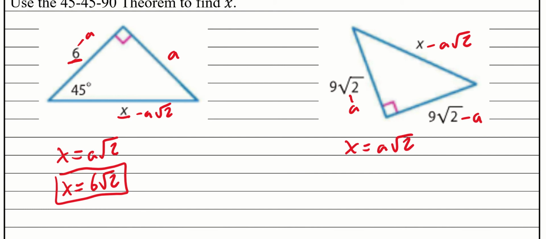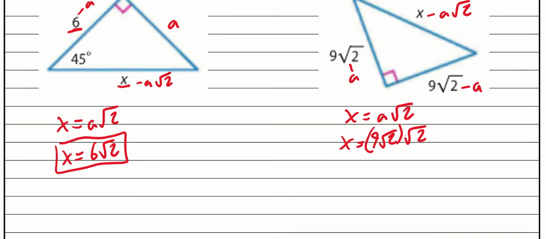And then if I want to plug that in here, remember we already said A is 9 square root of 2. So I'm going to plug this in, 9 square root of 2. I'm going to put it in parentheses just so you know what I'm plugging in. And then remember, we also have another square root of 2 on the side because we're using that theorem that we just wrote down. So right here we have 9 times the square root of 2 times the square root